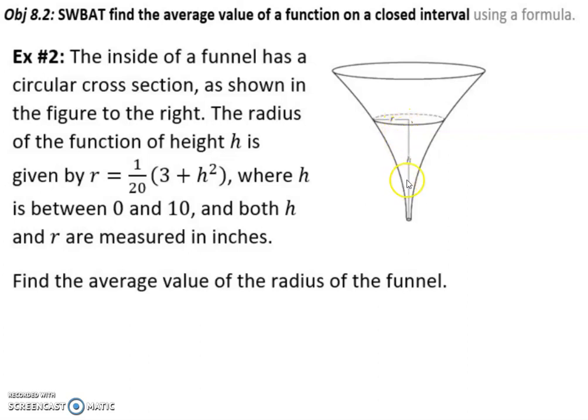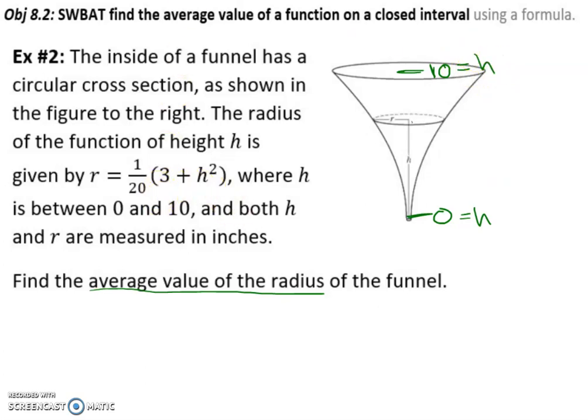And you can see that the radius is smaller when the height is lower. The radius is larger when the height is larger. And it follows this function, 1/20 times (3 plus h) squared, where h is between 0 and 10. So that must mean 0 to 10 is as tall as this height gets. Both height and radius are measured in inches, and then it says find the average value of the radius of the funnel. So the whole funnel goes from 0 to 10 in terms of height,